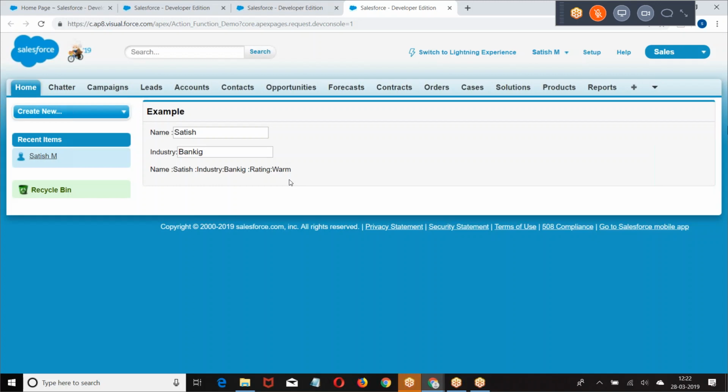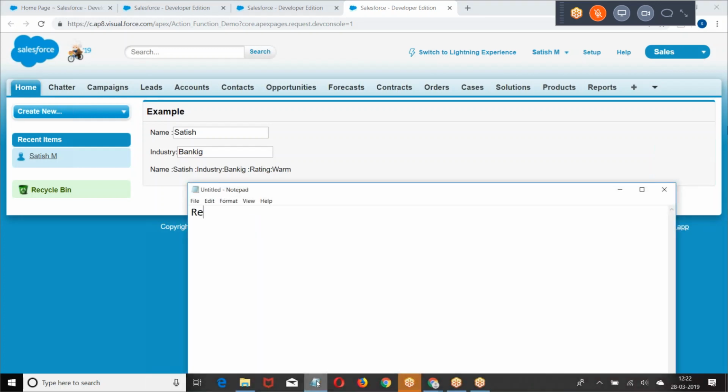So these are the two functionalities we have seen: action support and action function. Still we have action region, action poller, action status. Then I will show you how to write a SOQL query from JavaScript and how to make a DML operation from JavaScript. That will be the class for tomorrow. Making SOQL queries and DML operations directly from JavaScript, remote action. So we have remote action, SOQL, DML, action region. This will be the topic tomorrow. So that's all from my end. See you all in the next session.